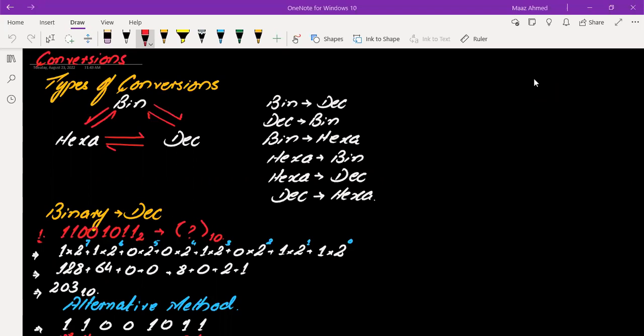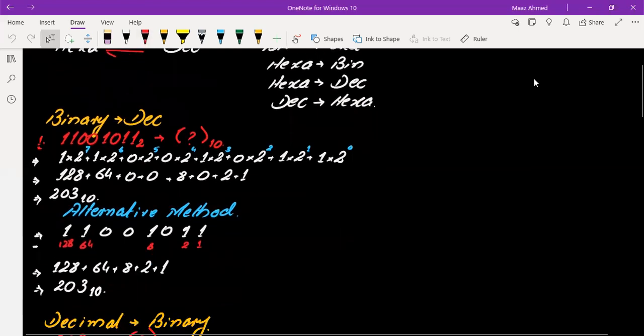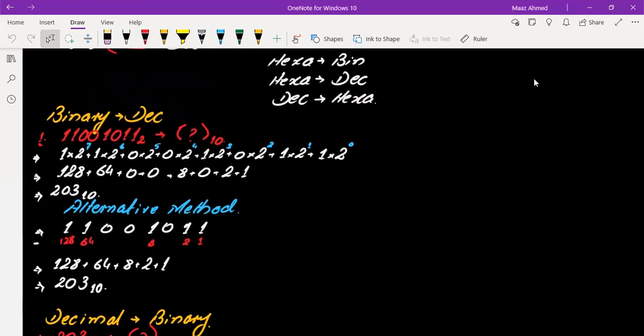So obviously we will be having six types of conversions: from binary to decimal, decimal to binary, binary to hexa, hexa to binary, hexa to decimal, and decimal to hexa. So we do have six types of conversions. We discussed in the last class how we are going to convert from binary to decimal. It's quite easy. For example, you are provided with the number